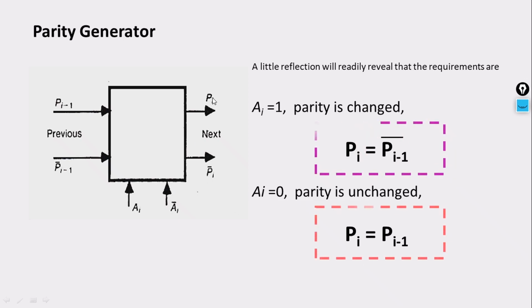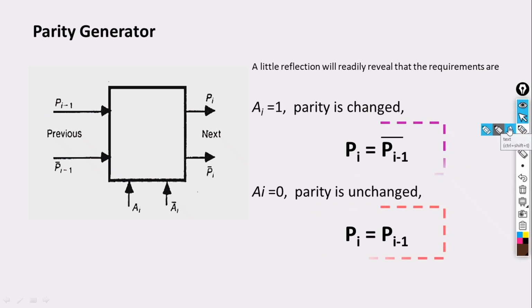What I can tell is this Pi is going to be same as my Pi minus 1. And in a similar way, if you look at this, I can tell P is equal to Ai into Pi minus 1 bar. Let me take bar as this, plus, and then, let me remove this.